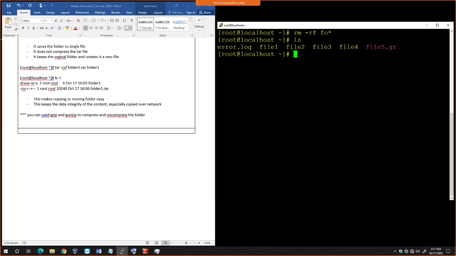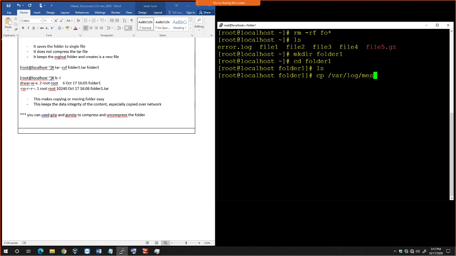What I'm going to do is create a folder, mkdir folder 1, and go in that folder and do ls here. Then I'm going to copy a big file from somewhere else, cp